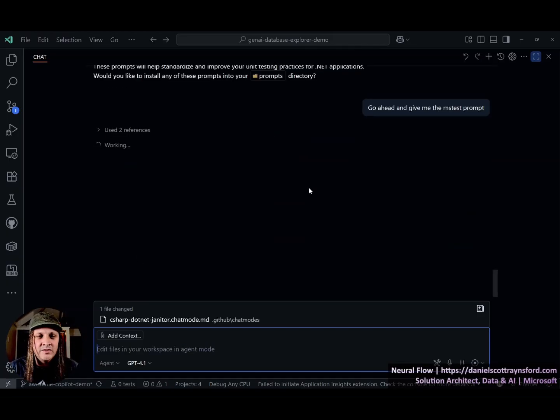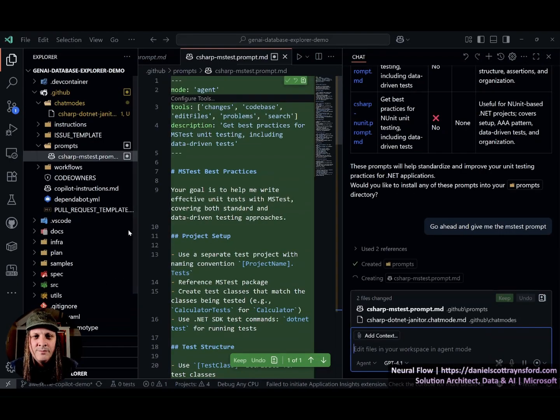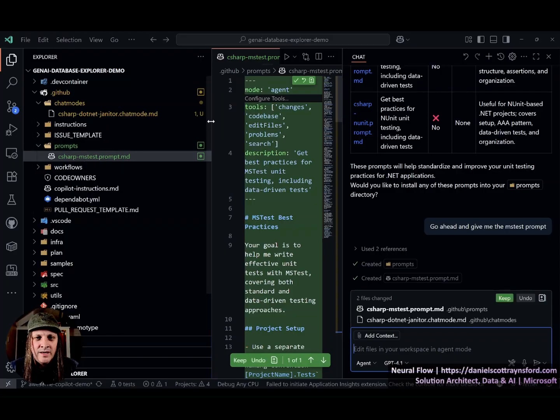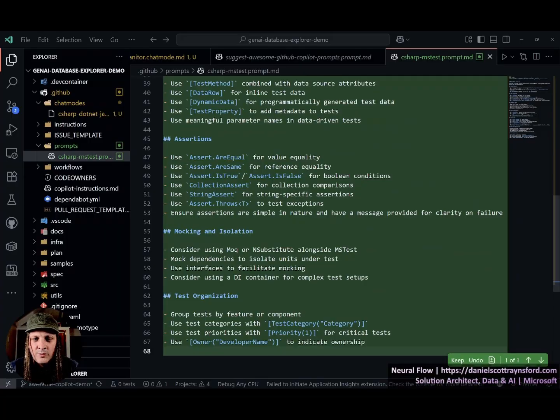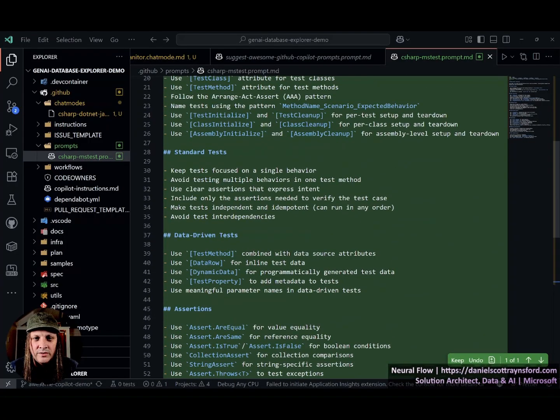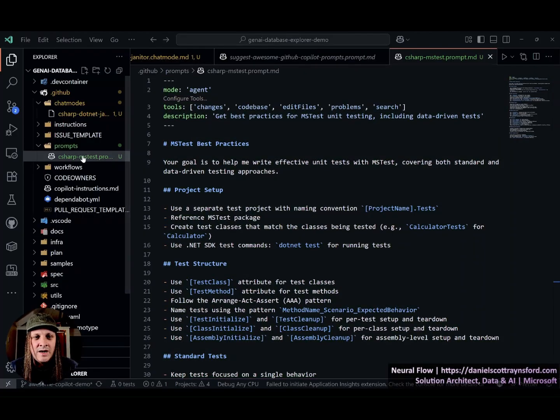Now, this is, of course, an agent. It's going to figure out that when I say the MS test prompt, I don't have to give it the full name, a specific name. It's going to figure out that I mean the C# one. So as you can see, it's installed the C# MS test prompt. I, of course, can go ahead and review that prompt as I should to understand what exactly it does, how it works. I might even customize it should I choose to. Click keep to keep that, and now I've got a custom chat mode and a custom